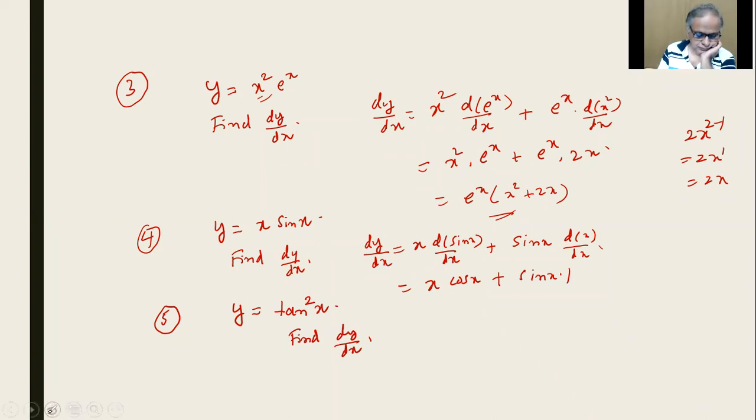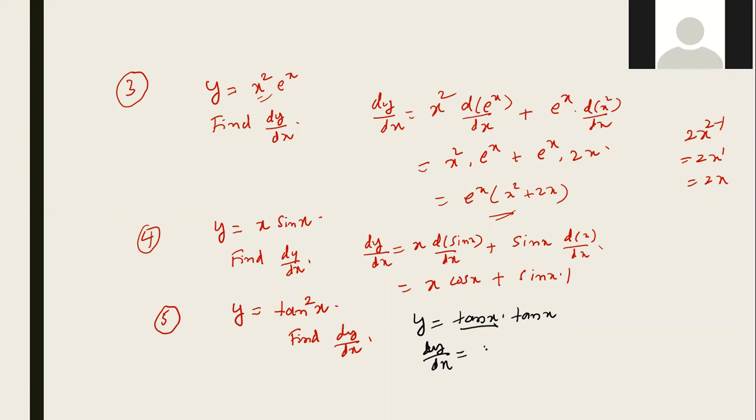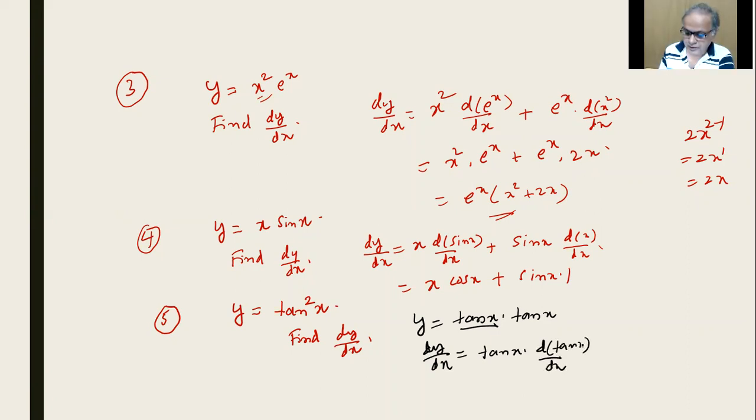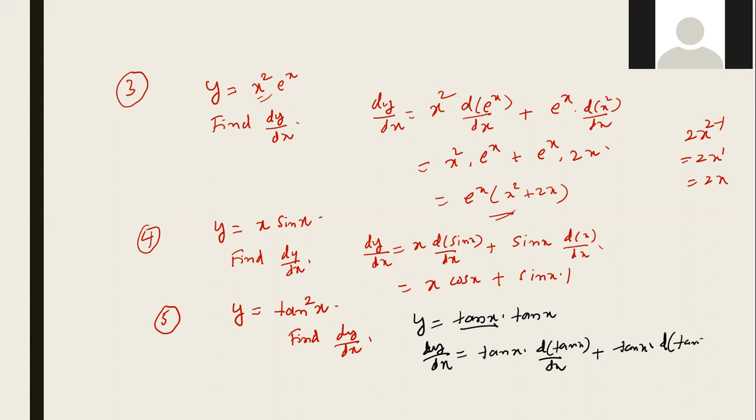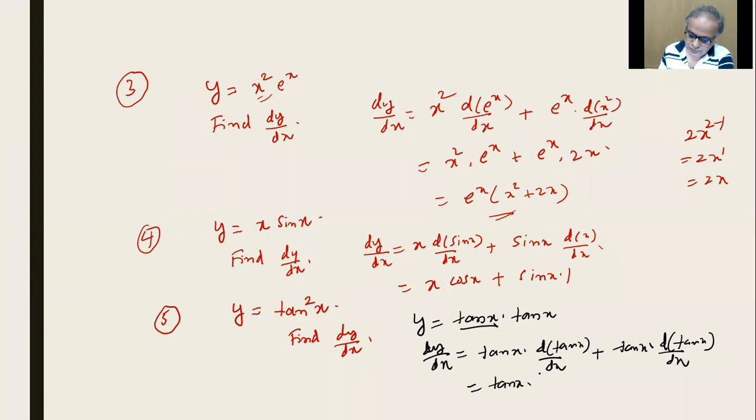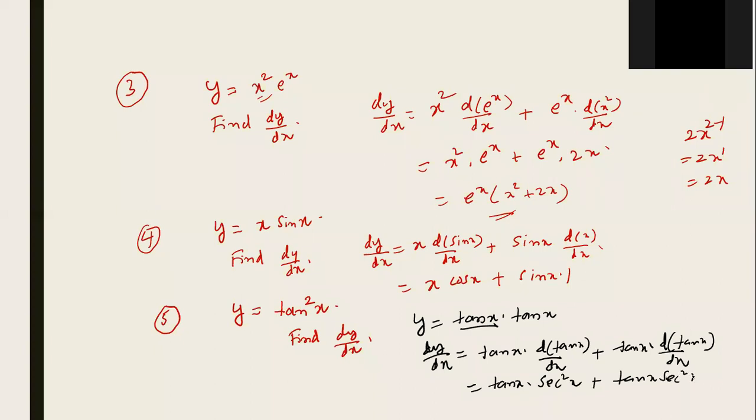We can write it as tan x into tan x. So dy by dx equals tan x into the derivative of tan x by dx, plus once again tan x only, isn't it? So tan x into the derivative of tan x is what? Secant square x. Secant square x plus the same thing, right? So ultimately you get it as